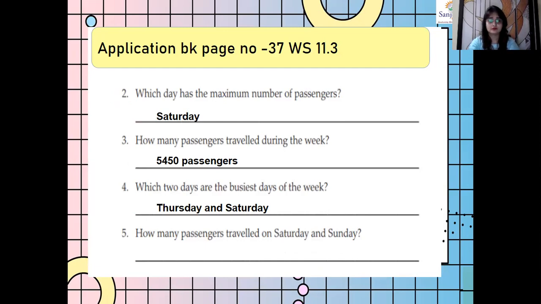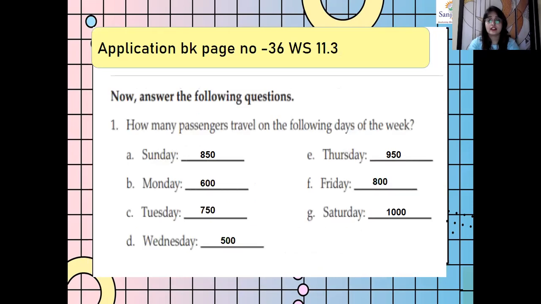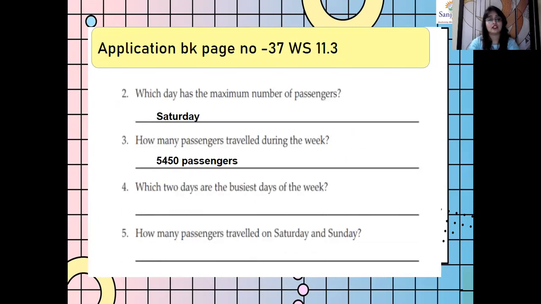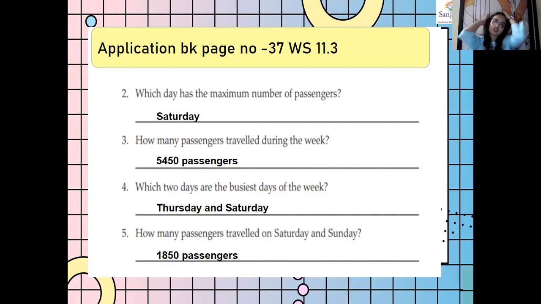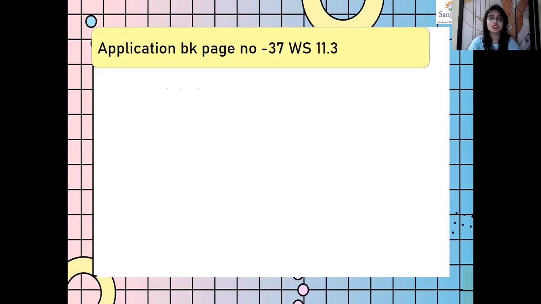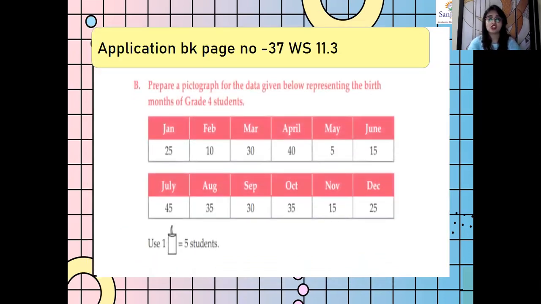Okay, now how many passengers traveled on Saturday and Sunday? So Saturday is 1000 and Sunday is how much? 850. So 1000 plus 850 is 1850 passengers in total. Again, this question, children, you can write in your application book, page number 37. That is worksheet 11.3. Now let us go to the next question of your worksheet 11.3, page number 37, question